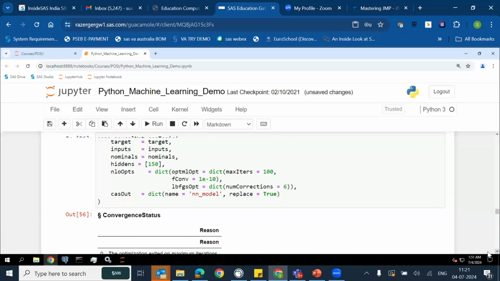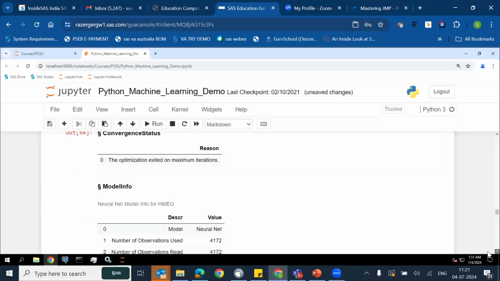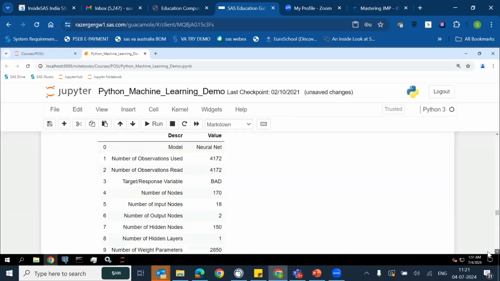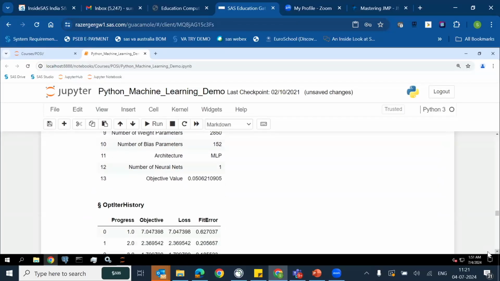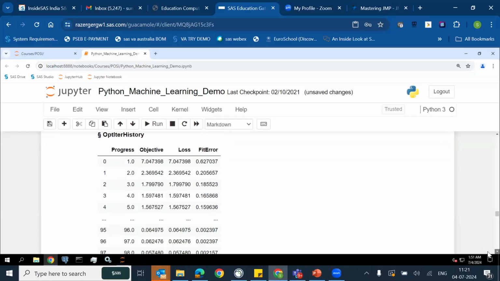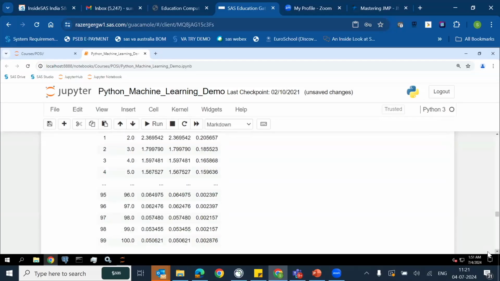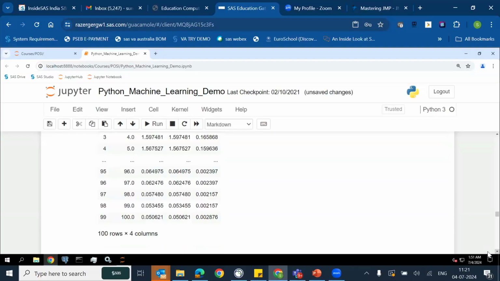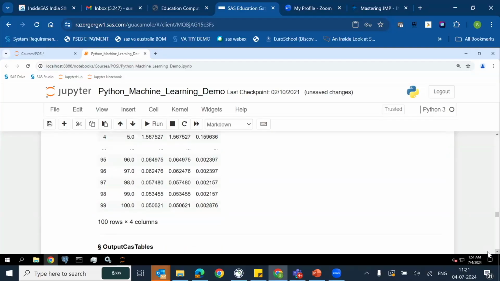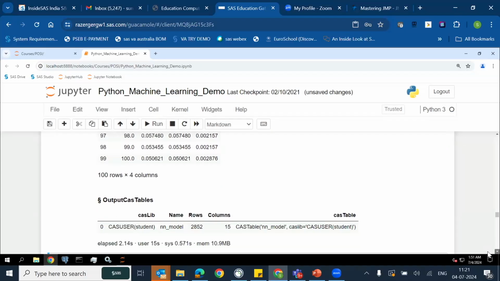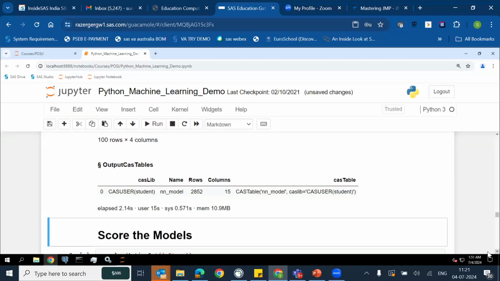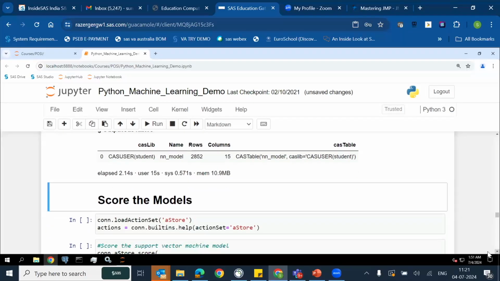So here my neural network runs. Again, the convergence status, target variable, number of nodes, etc. They are there, optimization history. Of course, with a neural network, once again, you won't be interested in looking at equations, and most software might not provide them, because of the number of parameters. If you have 150 neurons and you have 12 inputs, even with one layer it is 12 into 150, that many parameters. It's a computationally intensive tool, a lot of calculation, so we're not much interested. Now, once that is there,